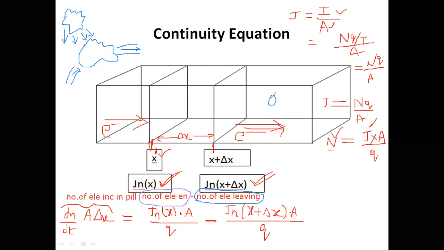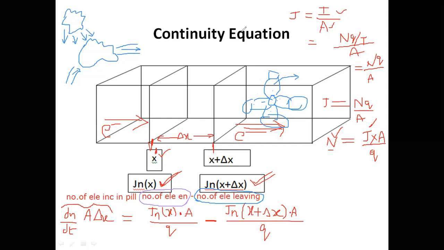This is silicon, which has 4 electrons in the outermost orbit, and each electron is making a bond with neighboring silicon atoms. So it is making bonds like this. If I increase the temperature, what will happen? Some of the bonds will be broken and electrons come outside.